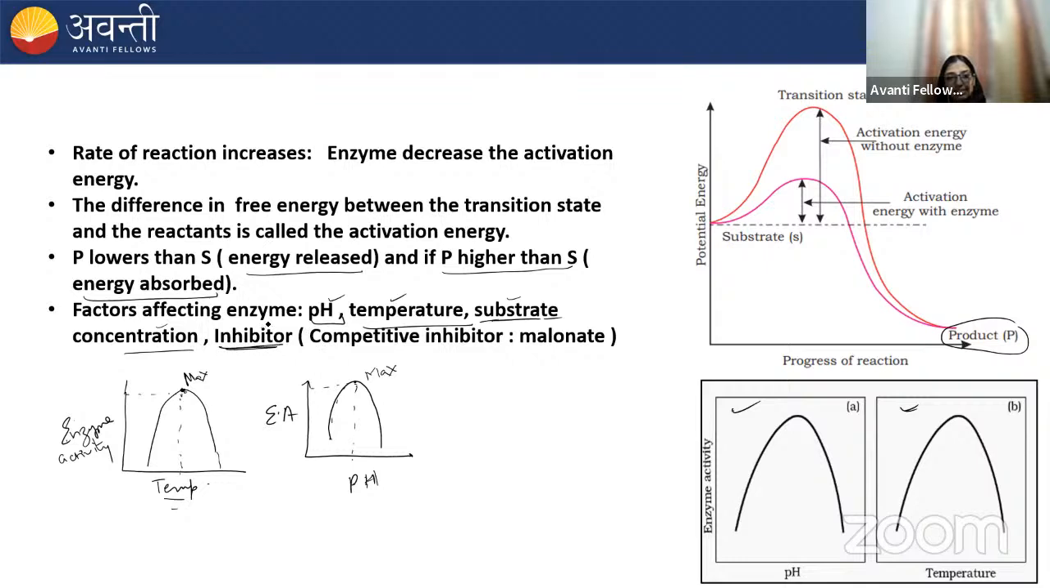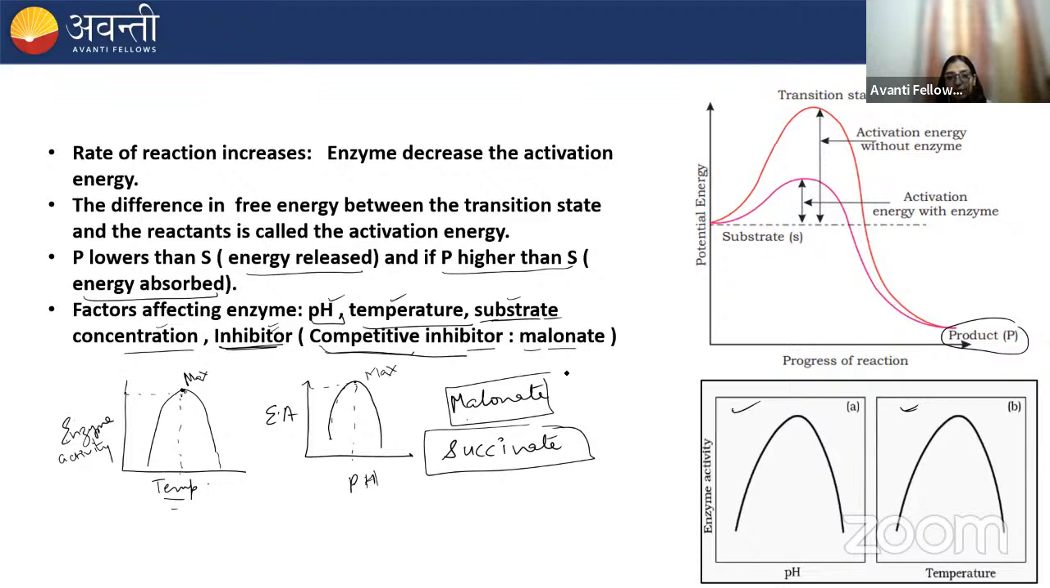Next, we are going to discuss the inhibitor. Inhibitors decrease the rate of the reaction. Malonate is the competitive inhibitor of succinate. Competitive inhibitor, as the name suggests, means competition. So there's a competition taking place between the